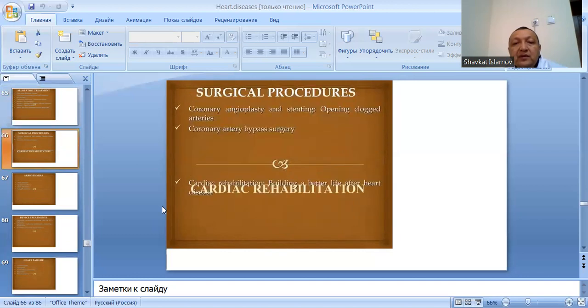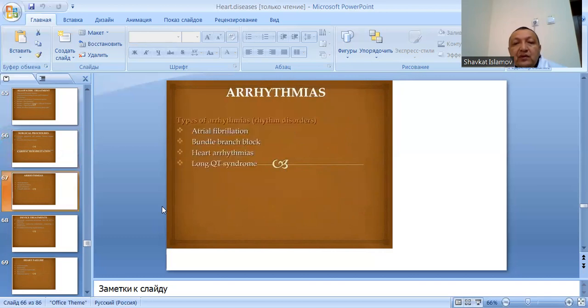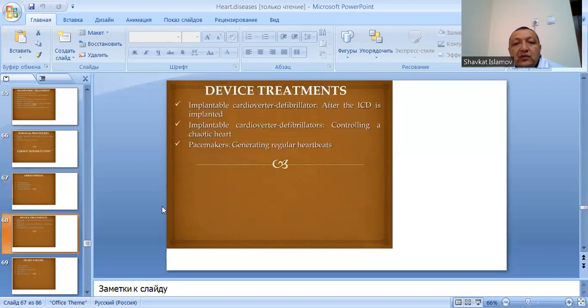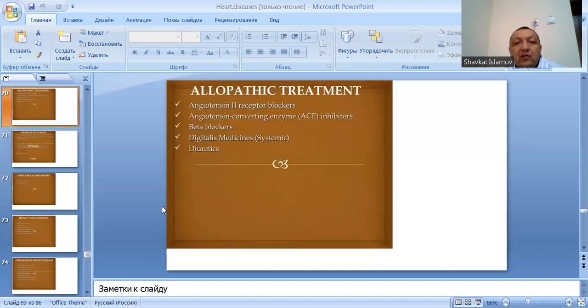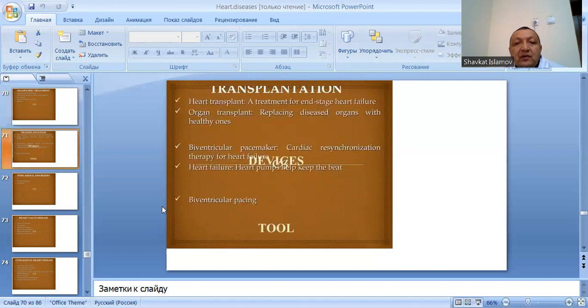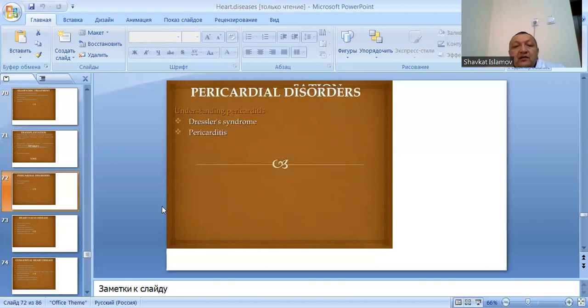Allopathic treatment, surgical procedures. Arrhythmias: atrial fibrillation, bundle branch block, heart arrhythmias, long QT syndrome. Heart failure, cardiomyopathy, left ventricular hypertrophy, myocarditis, pulmonary edema. Allopathic treatment: transplantation, dialysis. Pericardial disorders,